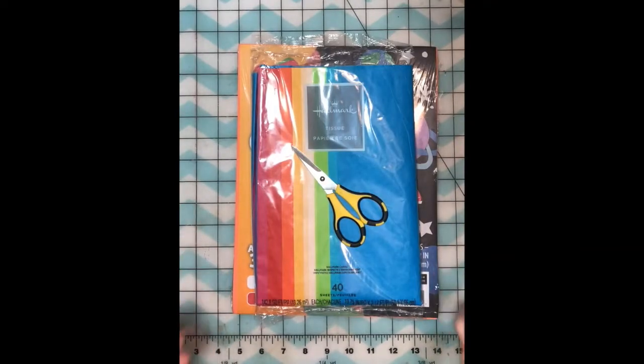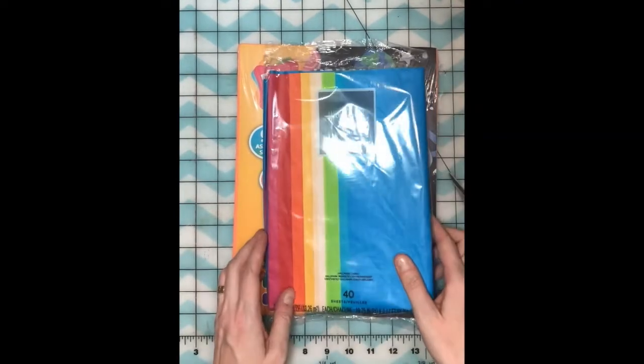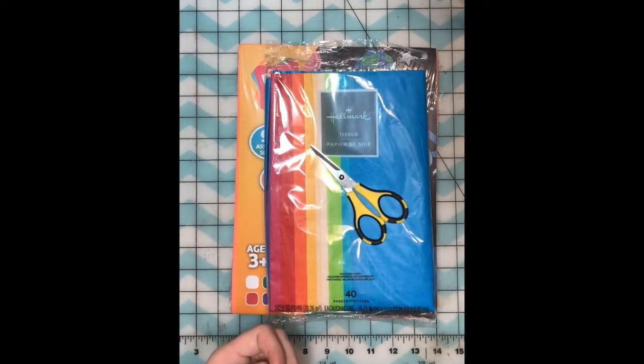All right, so as we are working on our art project today, there are going to be a few supplies that you're going to need so that you're able to follow along with us at home and make your art project for the Very Hungry Caterpillar. So you're going to need some kind of paper. I have some construction paper here, and I also have tissue paper. Either of these will work great, or if you have paper that you want to, like plain computer printer paper that you want to paint using watercolors, or if you want to color something in using crayons or markers, that will work great too. You're also going to need a pair of scissors, and you're going to need some kind